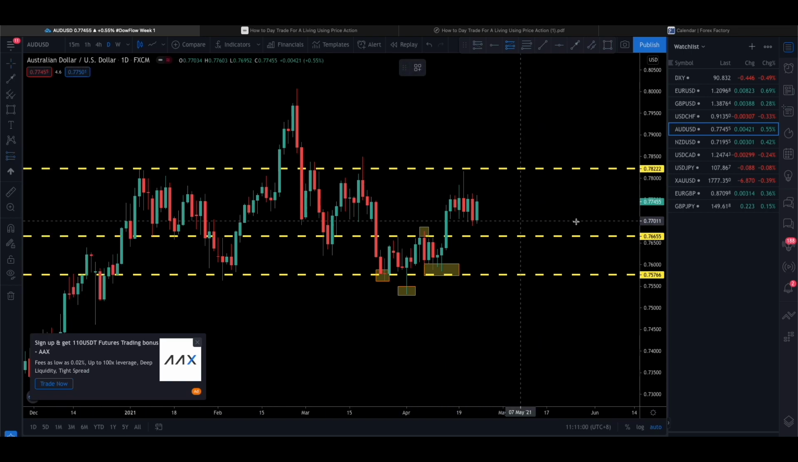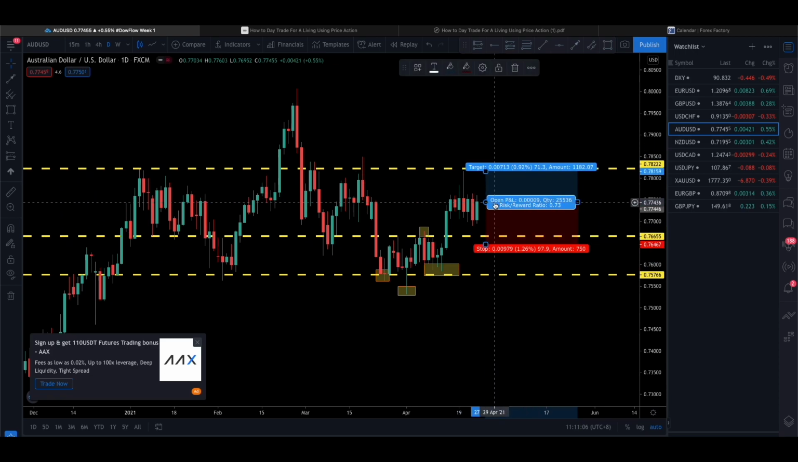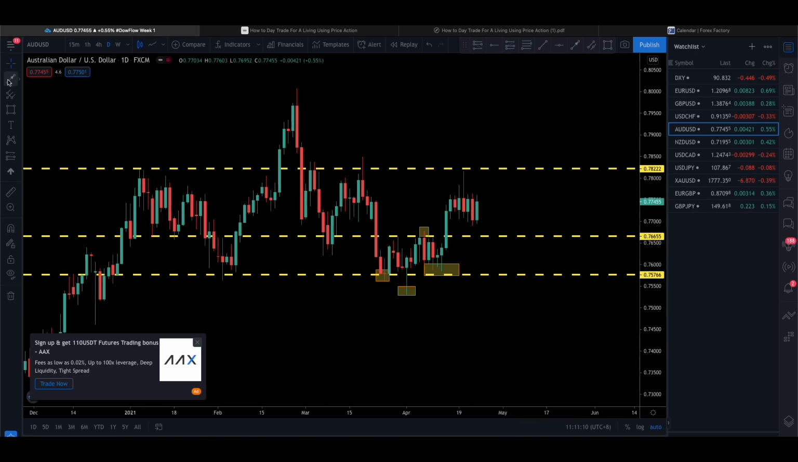Okay, it's somewhere here, and if you were to chase the market and you do something like this again, your risk to reward is terrible. So please do not do that. Okay, what you want to do is you just want to wait for price to retrace down lower, look for